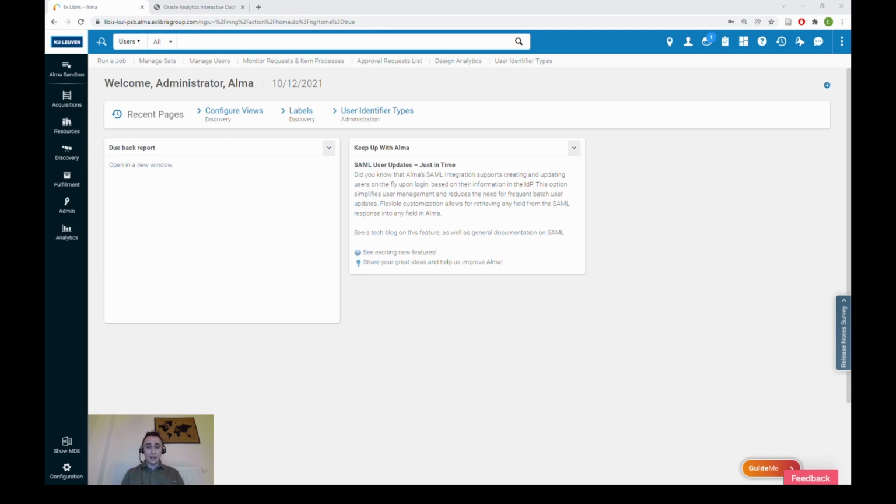Now we're going to analyze the delete operation, so how can you practically delete Alma users in bulk using the Cloud App. There are two key things that you need to know. The first one is that you would only need the primary ID of the users that you wish to delete, either external or internal ones. And this means that in your CSV file you would only need to have a primary ID column.